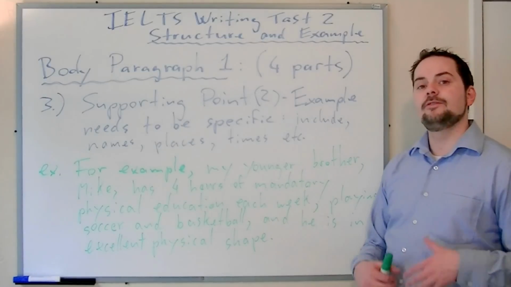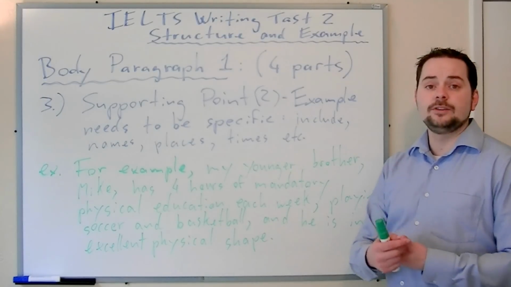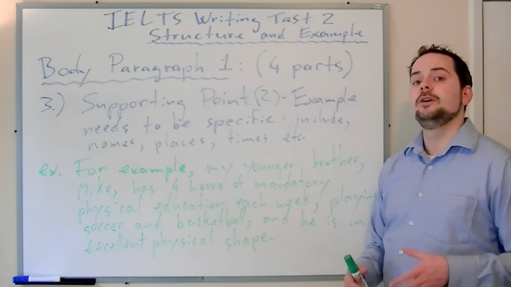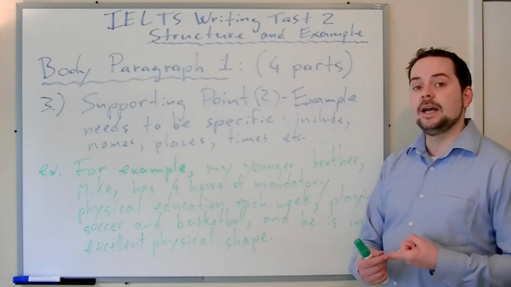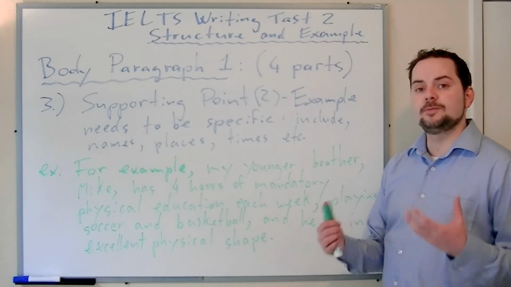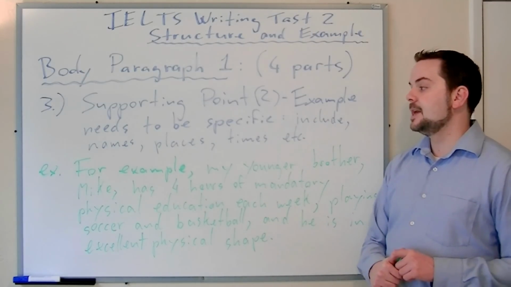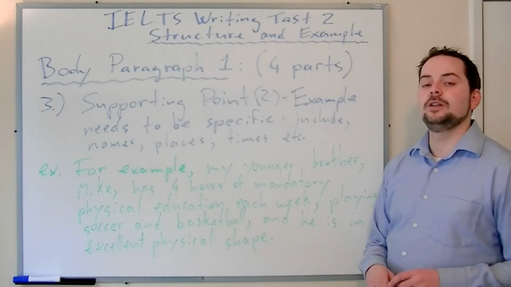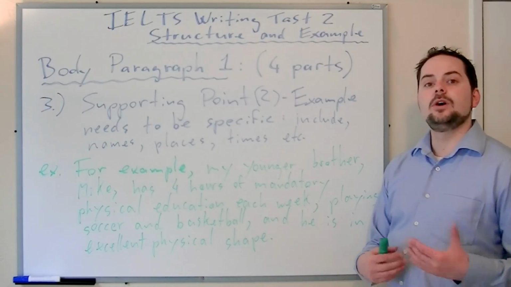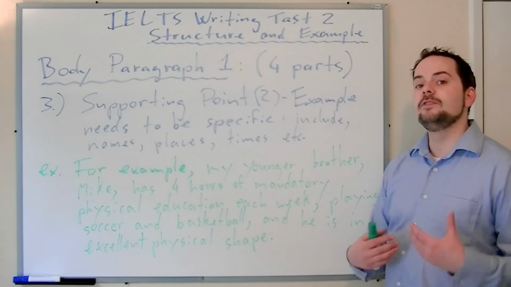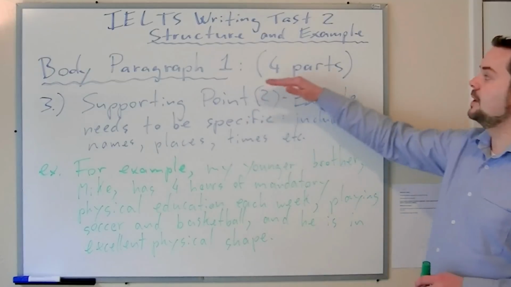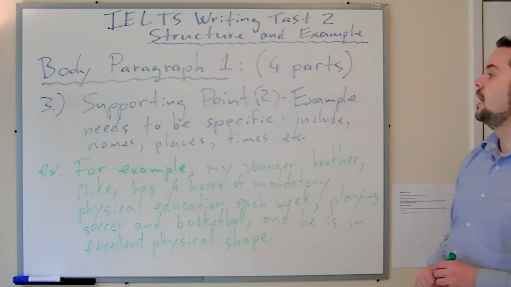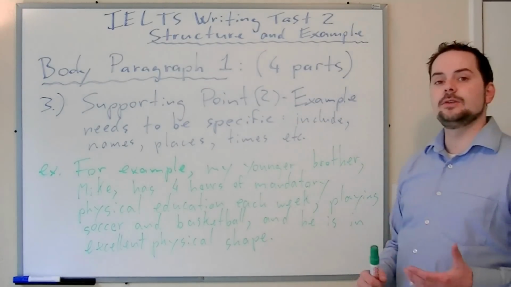So again, remember, the first part of a body paragraph is what? Using your topic from the key point 1 of the thesis and a controlling idea. Then why? So why is this? Can you explain your topic sentence? And then supported by a very, very clear example. This is the logic of writing. This is the logic of convincing your reader. Okay, so this is the third part. Now we have a fourth part to the body paragraph, so let's look at that.